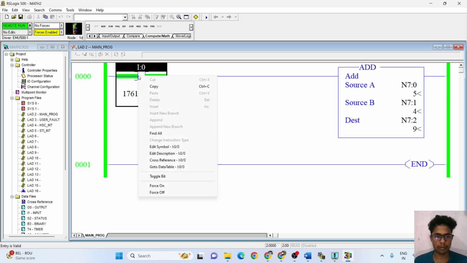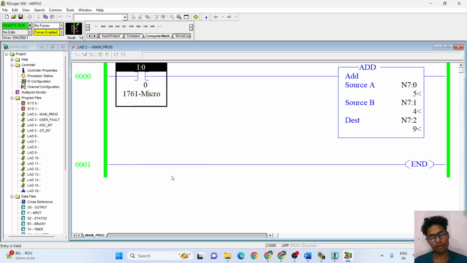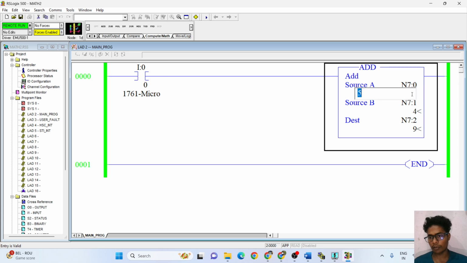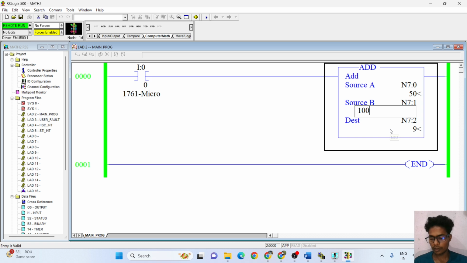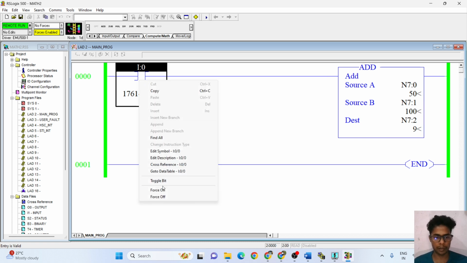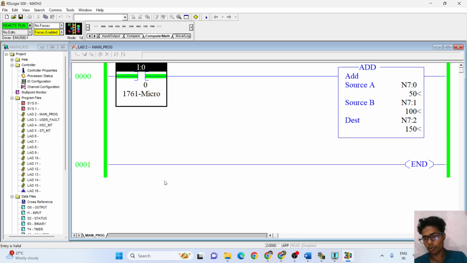And after that I have to press toggle bit. The value will be the same. After that I have to put value like 50. After that I have to put value 100. Understand? And now I have to press toggle bit. The output will be 150. So engineers, I hope you understand what is the use of add instruction in PLC.